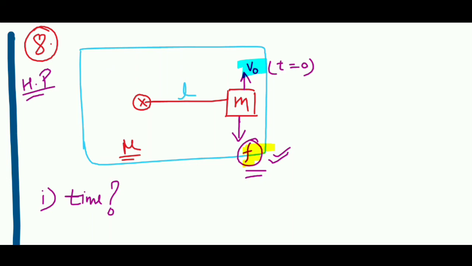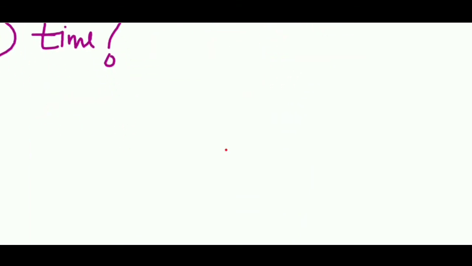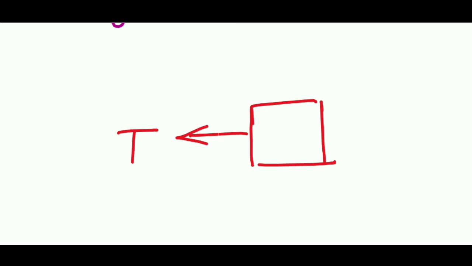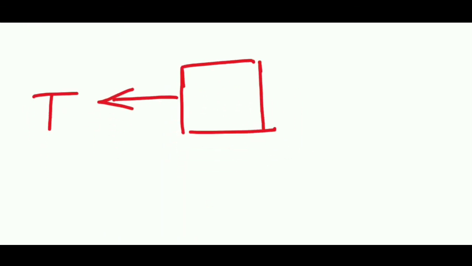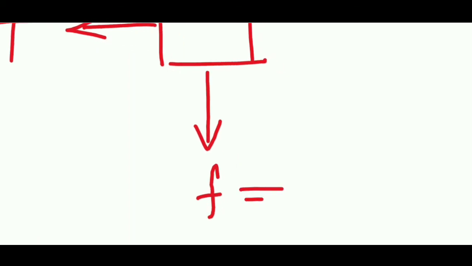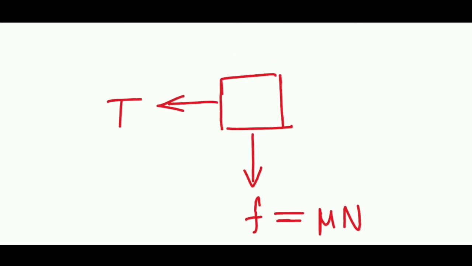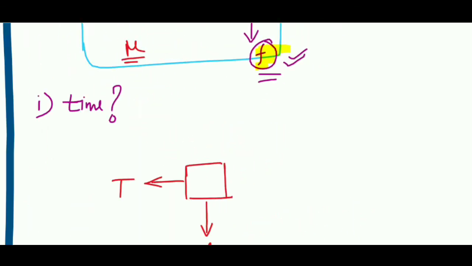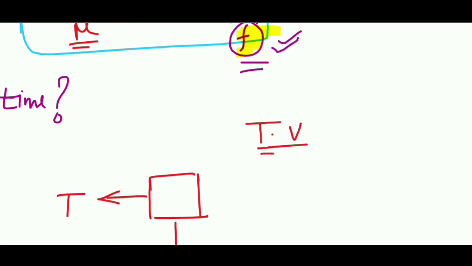Now what I am doing over here is, first of all, I am drawing the FBD. Okay, so let us draw the free body diagram. It will look something like this. So this side it will be tension, and this side it will be frictional force. It is moving, it is sliding, so it will be kinetic friction, so mu into N. Okay, mg over here, so I am drawing the diagram from top. This is my top view of the FBD.